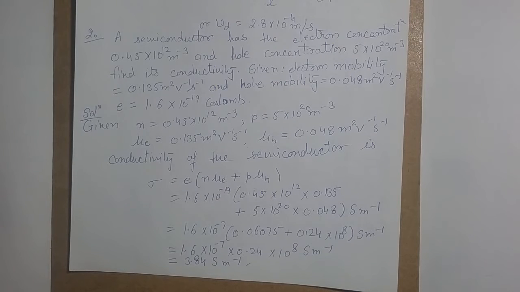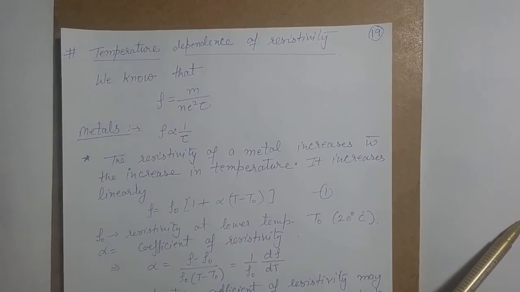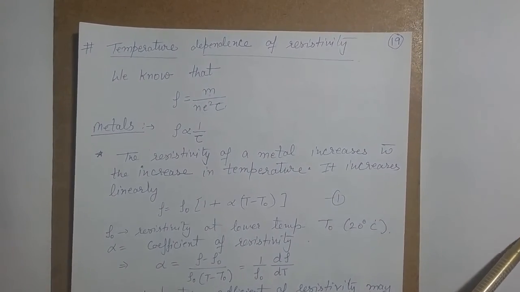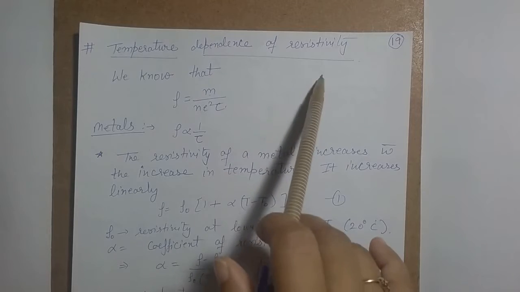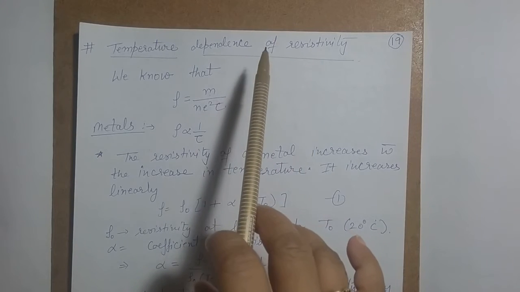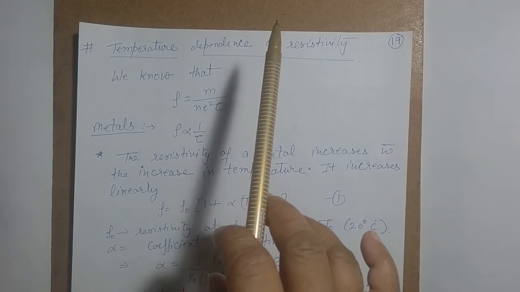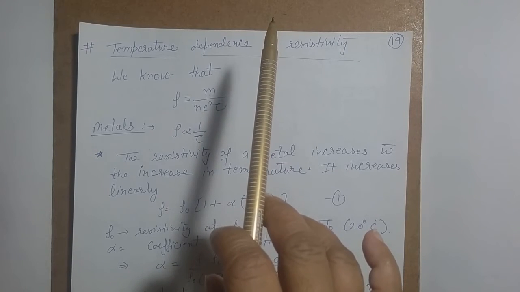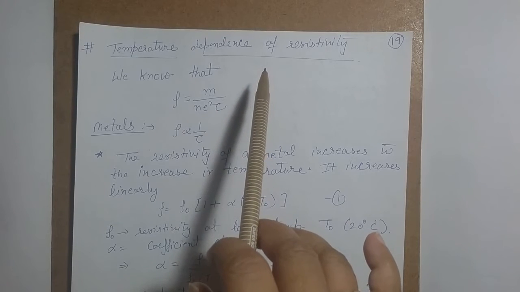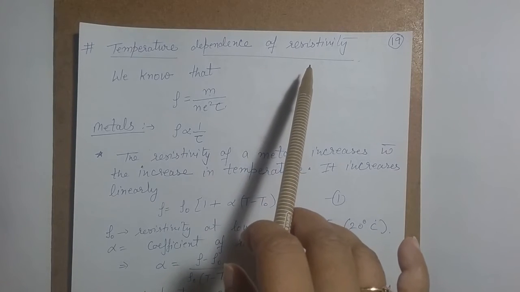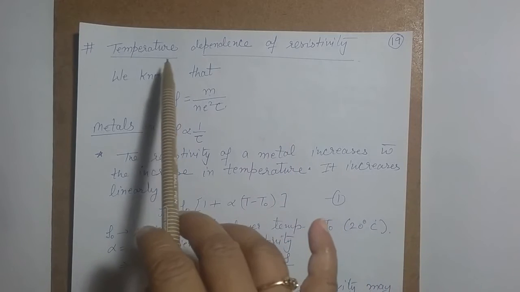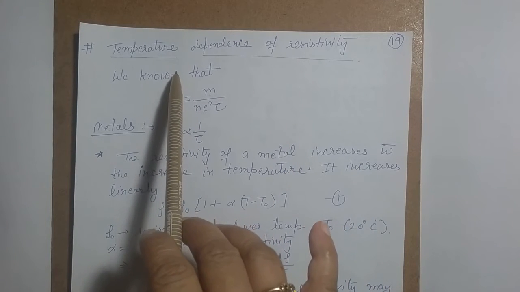Now, after finding out the conductivity and resistivity, let us discuss a few terms on which the resistivity depends. As we know, the resistance of a conductor depends upon the length and area, the material and the temperature. But resistivity is independent of the length and area of a material. So varying the length and area for a given material or conductor does not vary the resistivity of that given conductor. So resistivity depends upon temperature. How does that depend upon temperature?